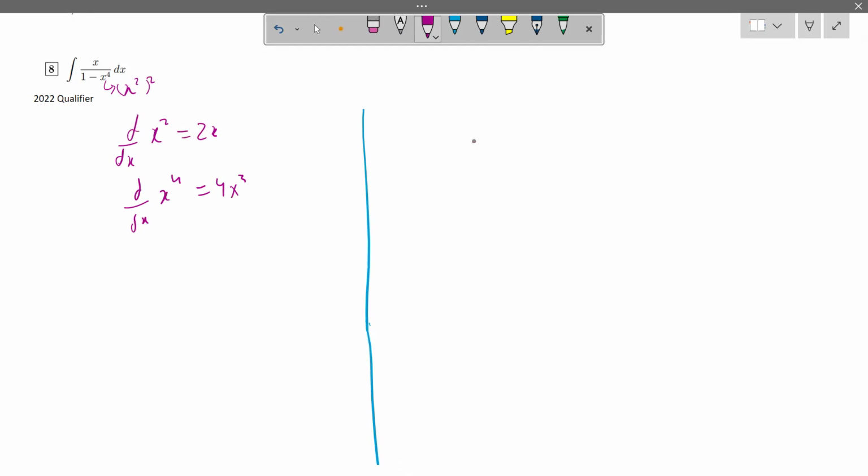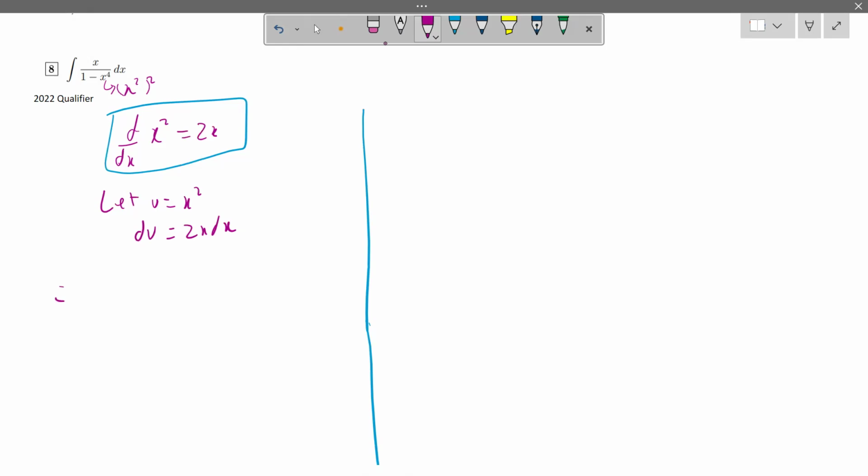So in order to use a potential u sub, or integration by substitution, we think of x to the power 4 as x squared squared, which enables us to at least get rid of x here. We can replace x dx with something, right? So using this information, we can set u equal to x squared, and because of this, du is equal to 2x dx. So the integral can be restated as